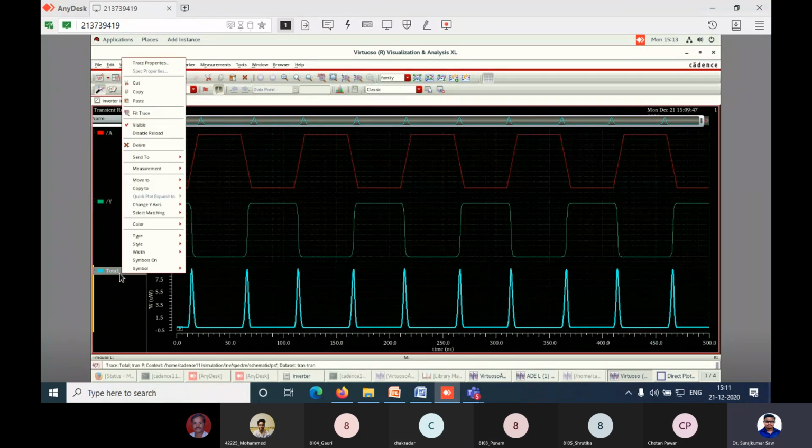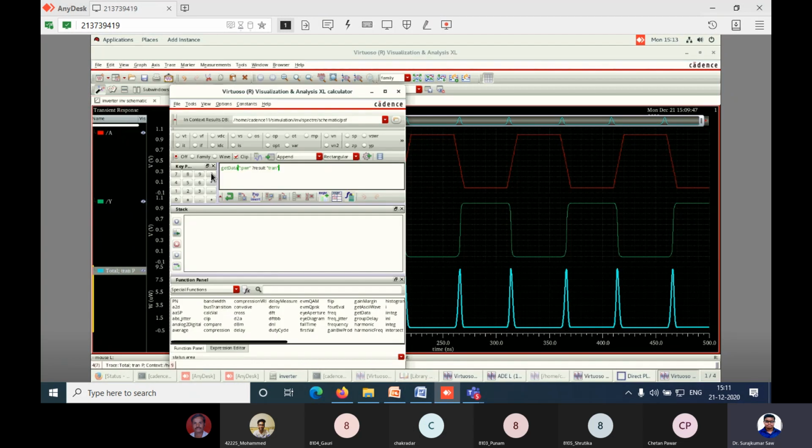Right click, send to calculator. Don't click on that, but go up to here. Right click, send to calculator. Everybody, right click on that, send to calculator. Yes, Mohammad Ali. Very good. One calculator tab will open. Okay, Poonam, your calculator tab is open. All of you click on that. Okay, all of your calculator tabs are open.